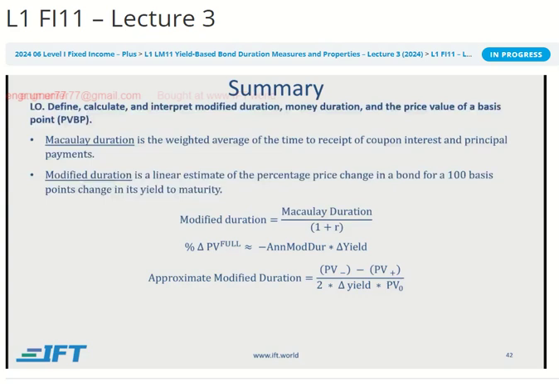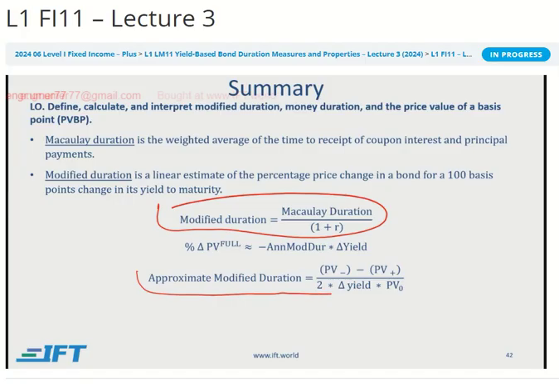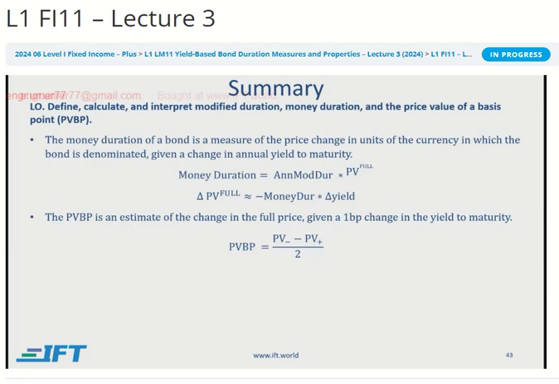We talked about how you calculate mod D using MACD, right? And we talked about the approximate mod D as well, where you shock the yield 1% or 0.5%, and you calculate the price when you're shocking the yield downwards, which is PV minus, and shocking the yield upwards, which is PV plus, and you calculate the slope based on that. You can then of course calculate your money duration based on that by just taking your mod D, multiplying it by the price,